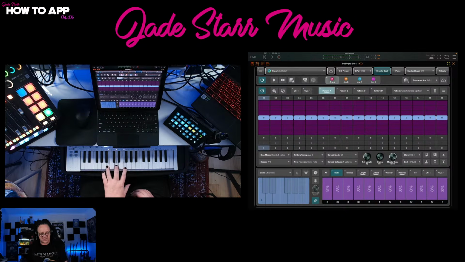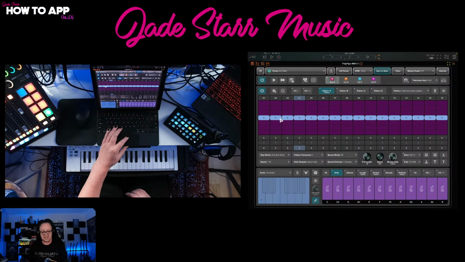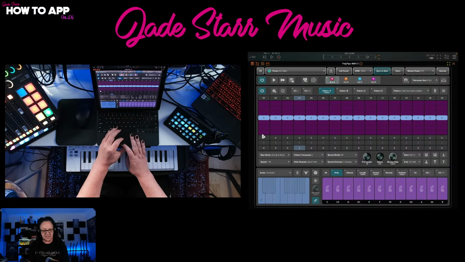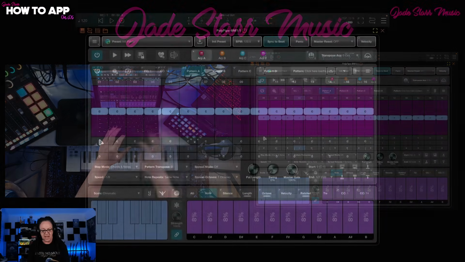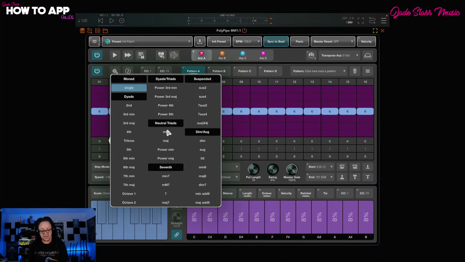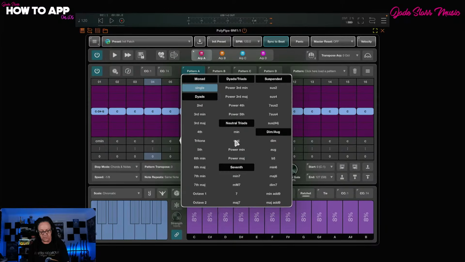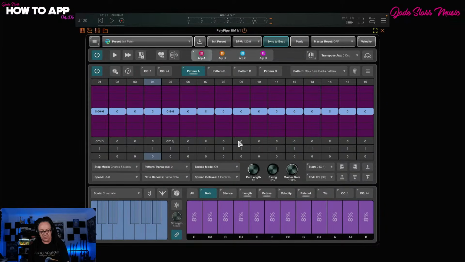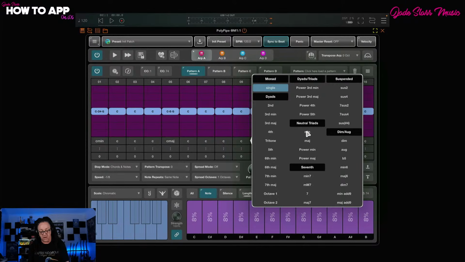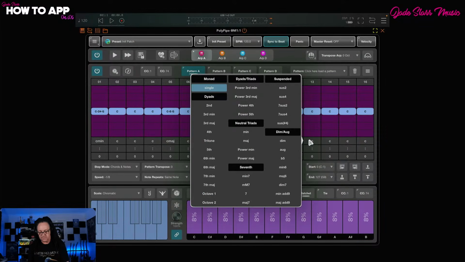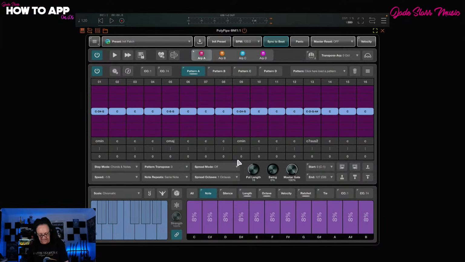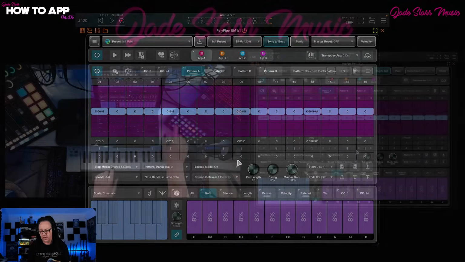Custom chords. So I'm playing a single note now, and it's still playing this basic C note here. The difference is I can come in with these and select chords. So I can select a major here. I can go on the 5th one here. Let's do a major again. And we can come over here on the 9th one and put in a minor. Then we can come over here and put in like a 7th sus. So now when I play a single note on the keyboard,